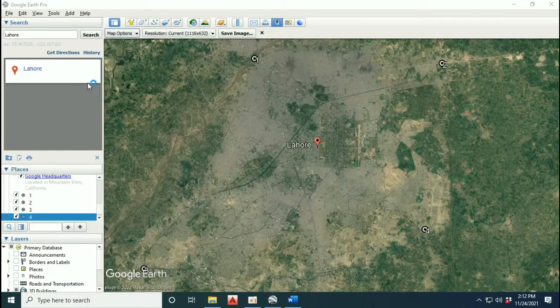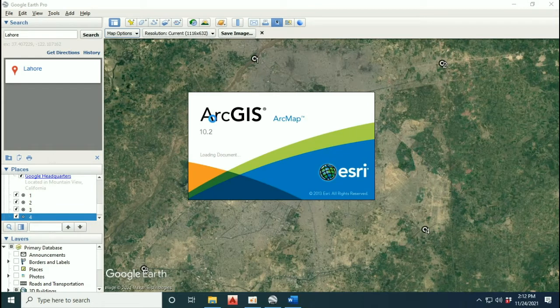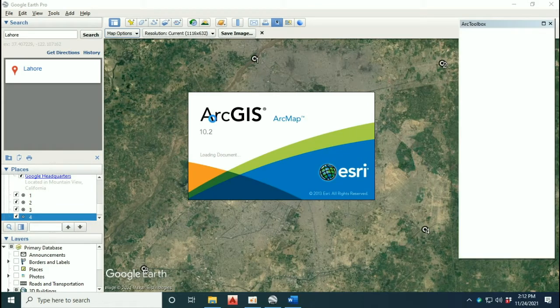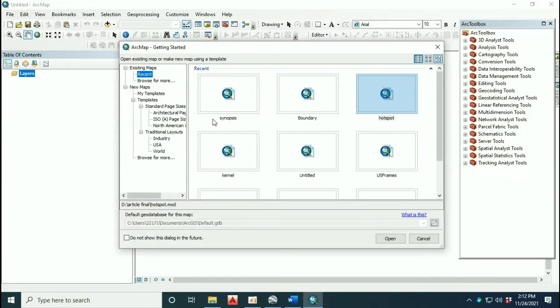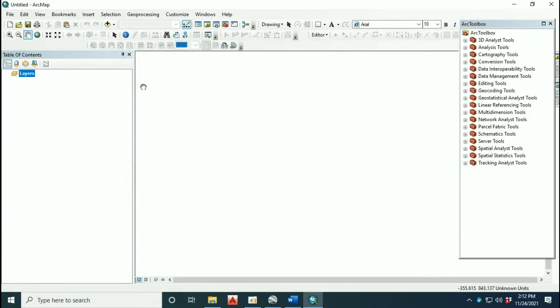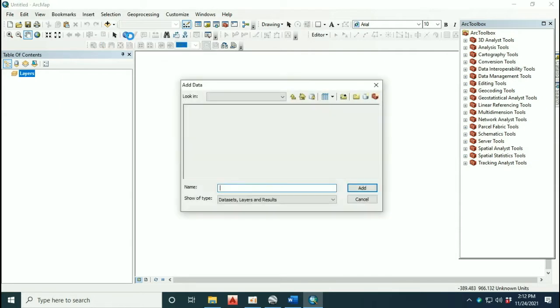Open up the ArcMap 10.2. By clicking on the option of Add Data, you can add your imagery.